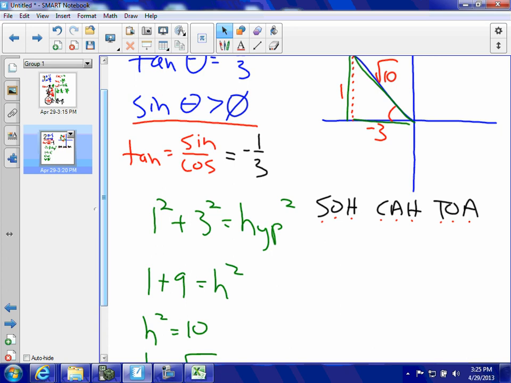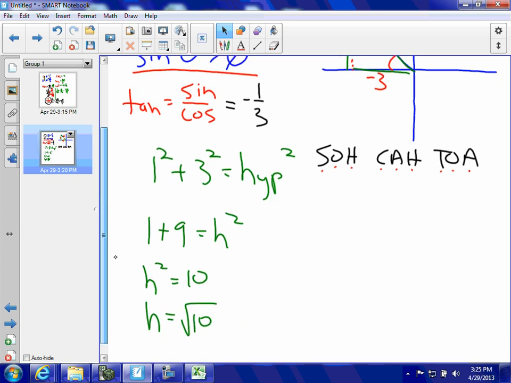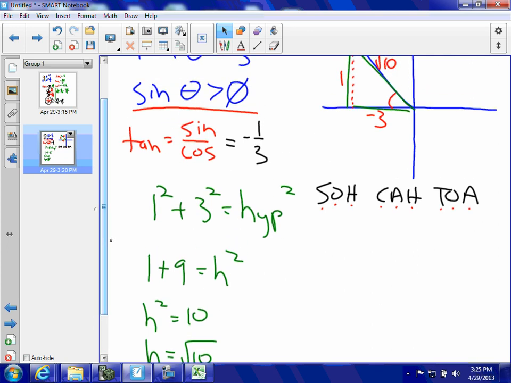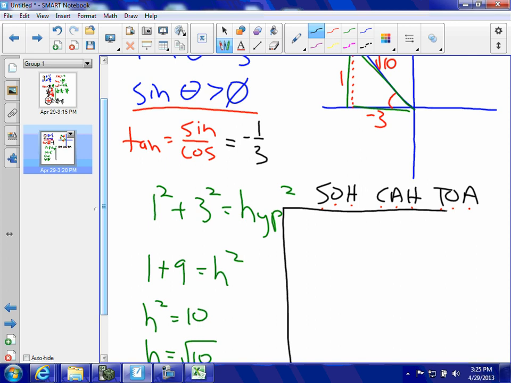So I know my values here. I know the sides of the triangle. Why don't I start trying to figure out my values? Let's see if I can do this over here. Not here. For my values: sine, cosine, tangent,